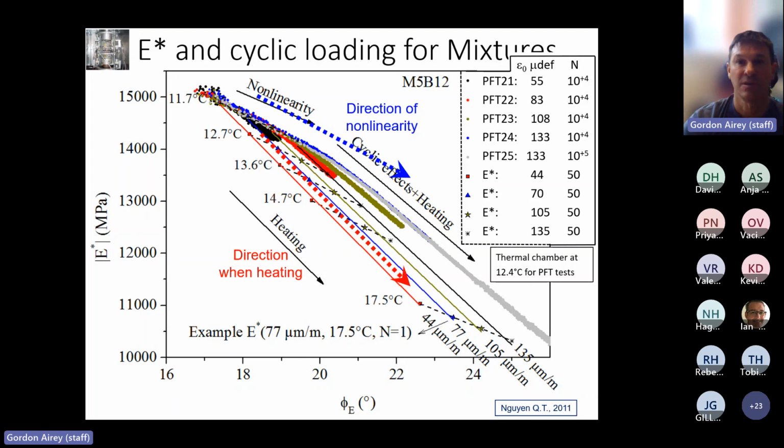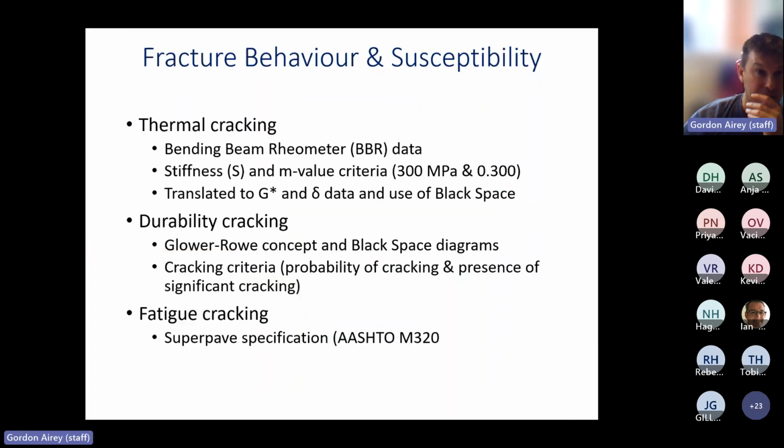the black space to start to identify different types of behavior or different types of physical phenomena that are occurring that potentially are masking some of the effects we are seeing in terms of damage and some of the effects that we are seeing in terms of healing. The next area, and I've included 3 different aspects of that, is looking at using black